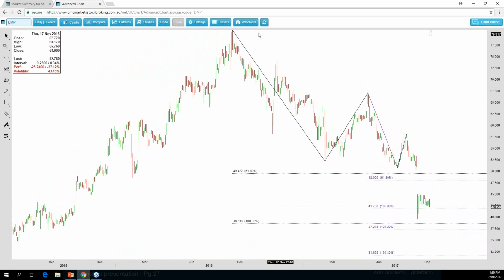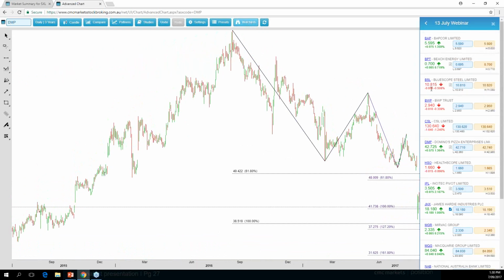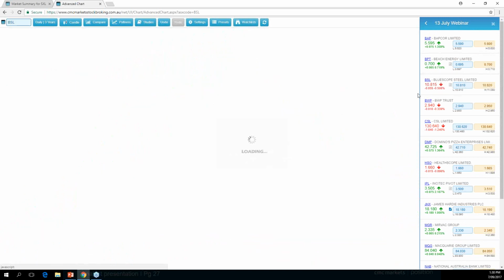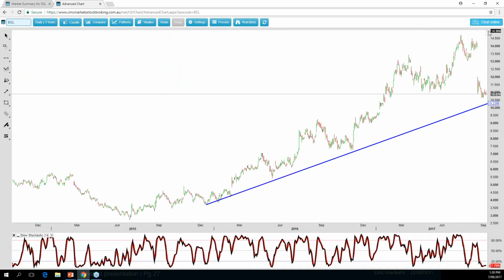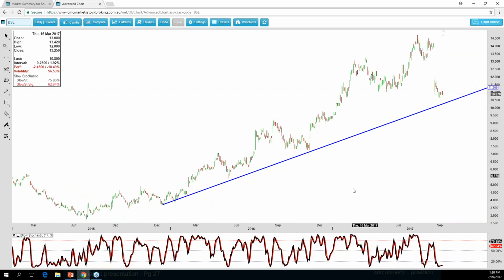On the other hand, though, if I go in here and look at Blue Scope Steel, and to save time, I won't do this, but if you go in to look at Blue Scope Steel's page here on the platform and look at what the screener has to say about it, you will see that the screener's got a red arrow for Blue Scope. So now I might otherwise have been looking at this trend line coming up here. We're getting fairly close to that, and we might be hitting that trend line at a time when it's